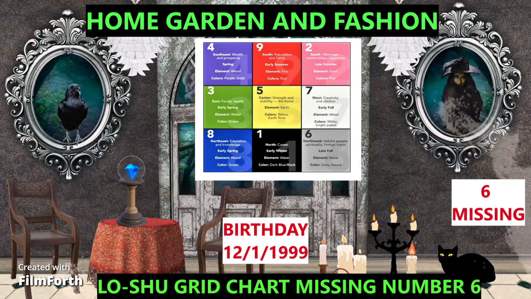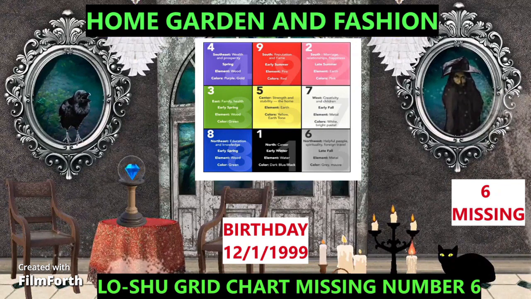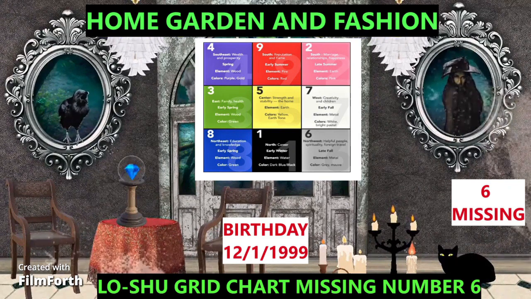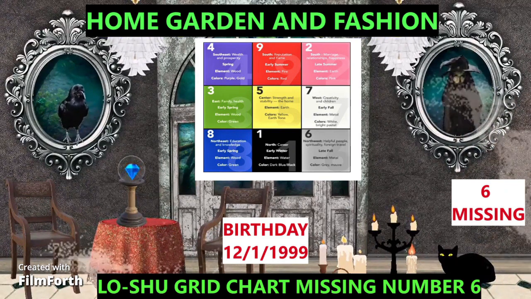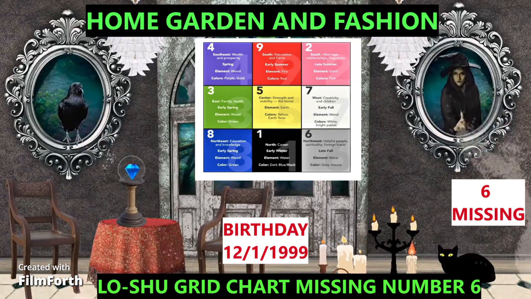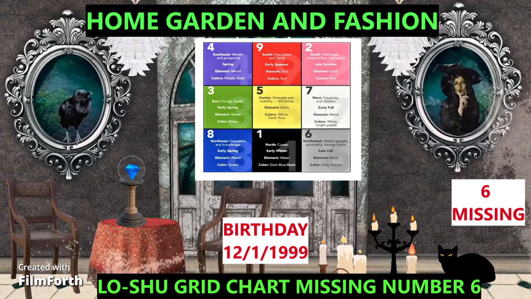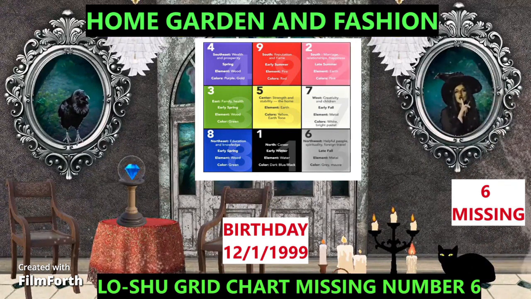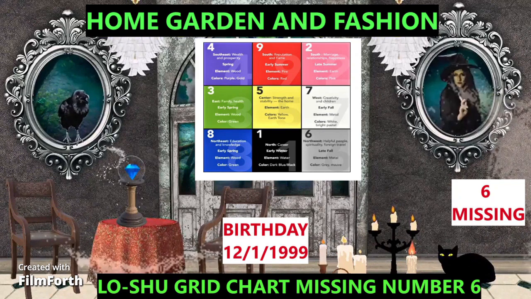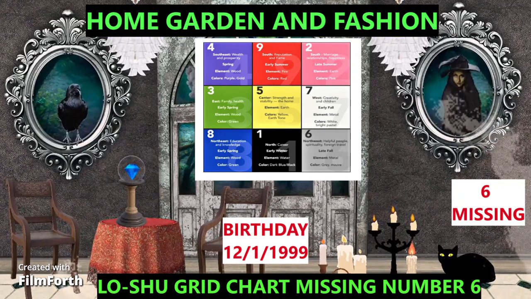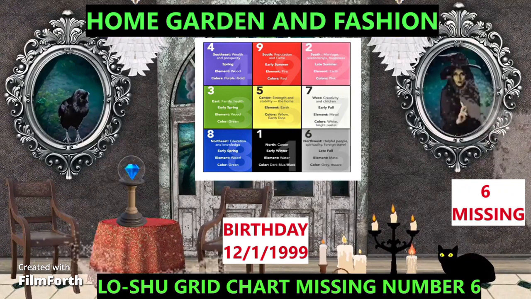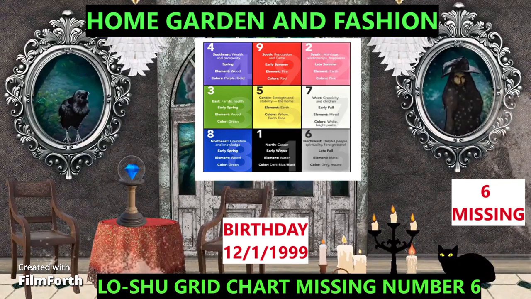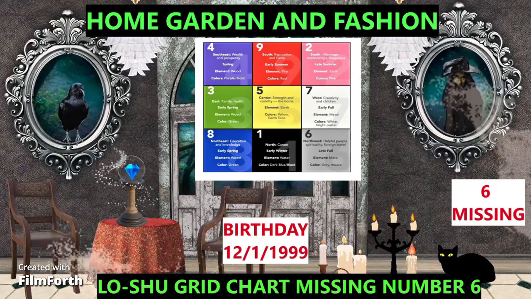A person missing number 6 will face many difficulties in life when it comes to wealth. Venus is for wealth, prosperity, abundance, and also marriage. So a person missing number 6 will have problems with wealth, problems with a good job, finding a job, keeping a job, problems with the family, problems staying in the family a longer time, problems with friends, problems keeping friends, problems with luxury materials, money, luxurious vacations, trips,